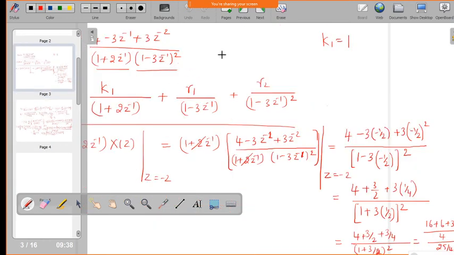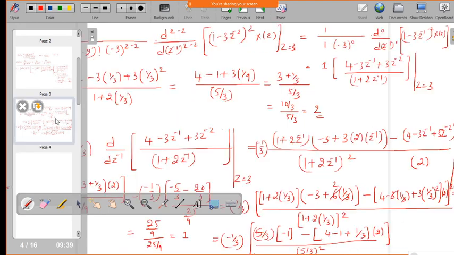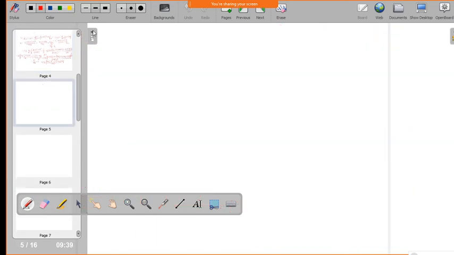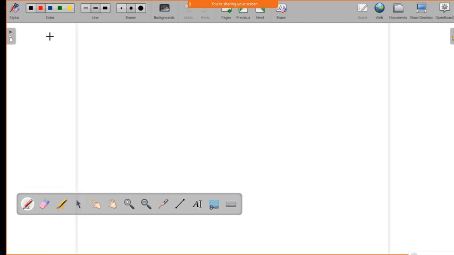So here the ROC I didn't specify. So the ROC is z greater than 3. If you take z greater than 3, it will be a right sided sequence. All of them are right sided sequences. Now if you put the value of k1, gamma 1 and gamma 2, what will you get? You will get x of z as,